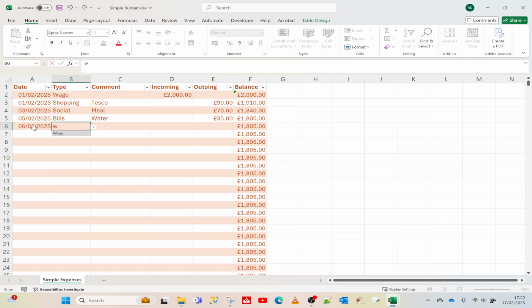you got a wage that was a bonus, and it was £120. So now you can see the values are going down and they're going up depending on the values in these two columns here. The last thing we want to do